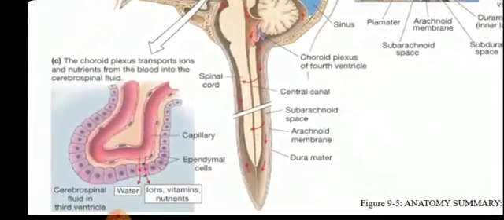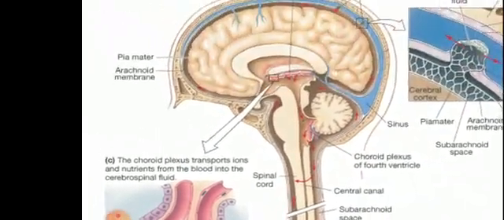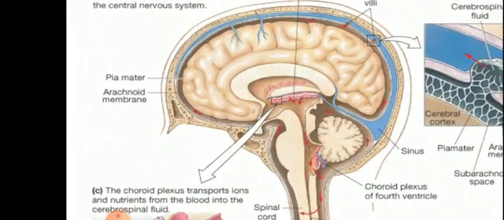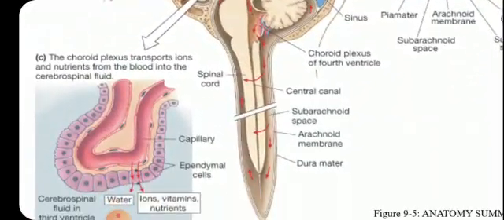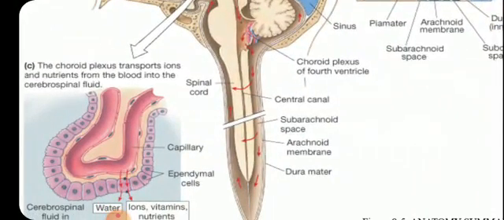You can see in the picture. Can you see here down? You can see the three membranous coverings of the brain and the spinal cord. First one being the dura mater here down, and then you can see the arachnoid mater here on the left side, and then you have the pia mater. So now you need to have a little understanding about what the dura mater is, what the arachnoid mater is, and what the pia mater is.